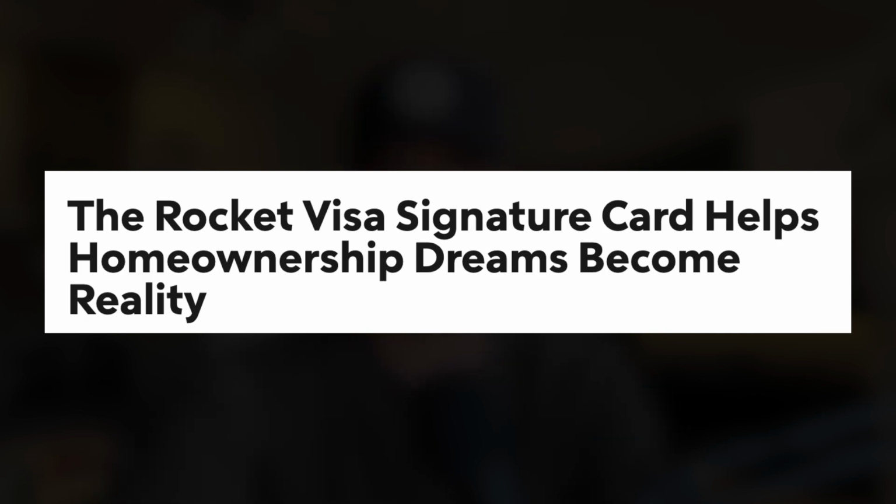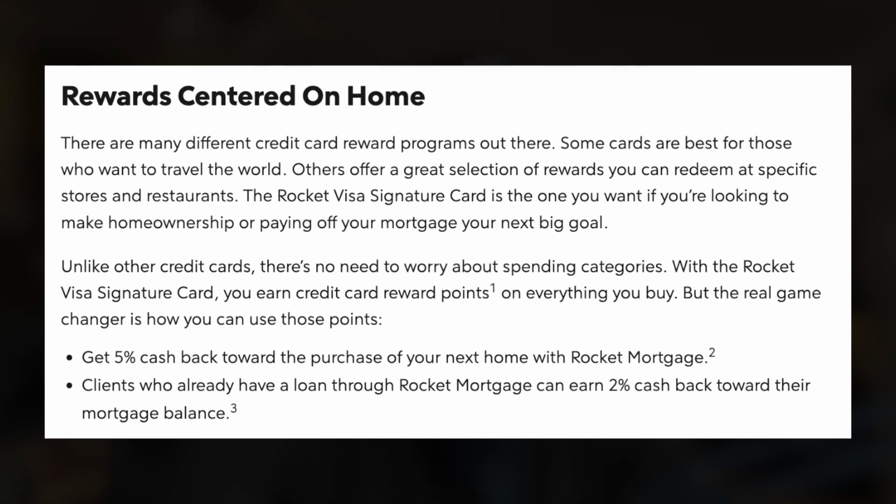And if you're unable to finance your down payment or closing costs, this has sort of caused a problem for mortgage companies, who have had to develop more creative solutions where they introduce new programs and services aimed at aiding their borrowers. One example of that is this newly introduced credit card program by Rocket Mortgage that provides its users or borrowers like you with cash back that can be applied to upcoming down payments and closing